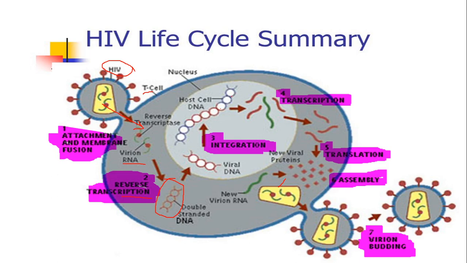Now normally the human DNA will replicate, so its number will double. As it doubles, what is doubling along with it? The DNA of the virus will also replicate, that will also become double. Then gradually the human DNA undergoes transcription. As it undergoes transcription, even the viral DNA is undergoing transcription. So it goes on in that manner.